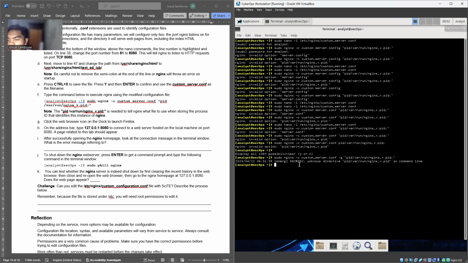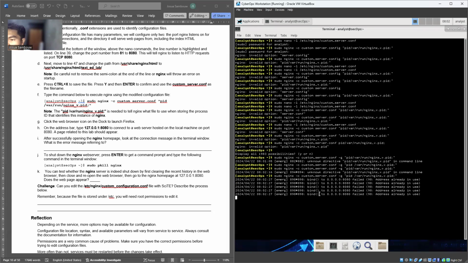My bad. Screenshot again. Oh no, there's something wrong again. There must be a PID space and we enter. It failed. Sudo custom config, PID space, enter.